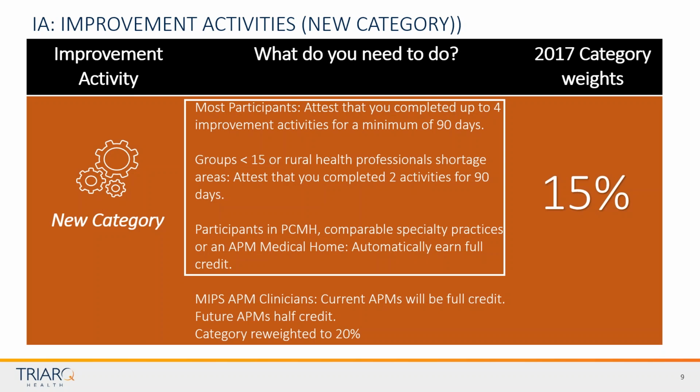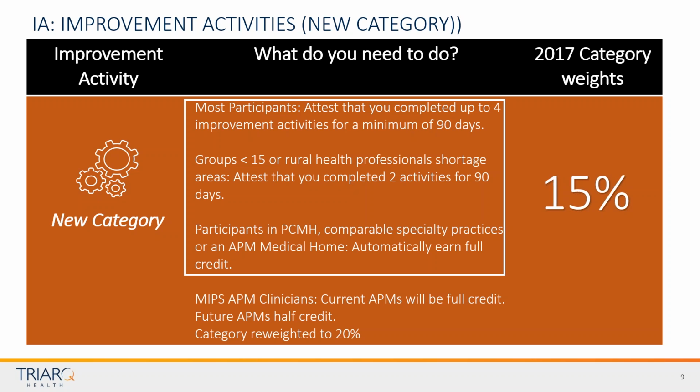And then this last brand new performance category is titled improvement activities, or sometimes you'll see CPIA, clinical practice improvement activities. The requirement here is that you're supposed to do up to 4. There are certain weightings. There's medium weight and high weight, and there's a combination that gets you to the right number of points. However, if you're in a group practice or you're a rural health professional,